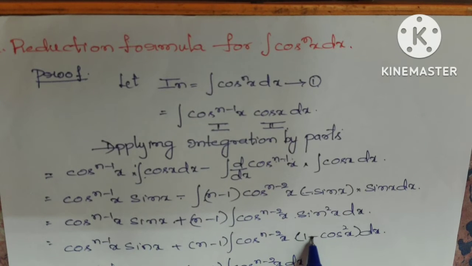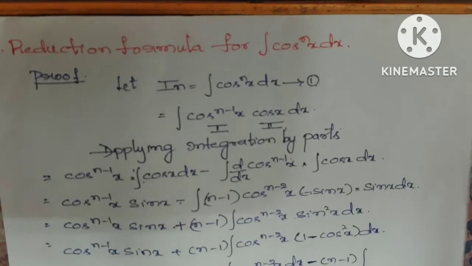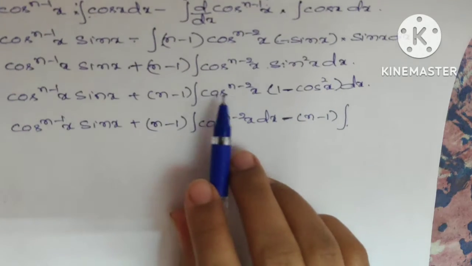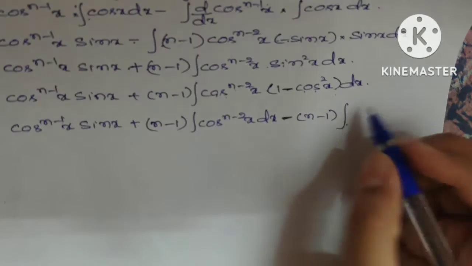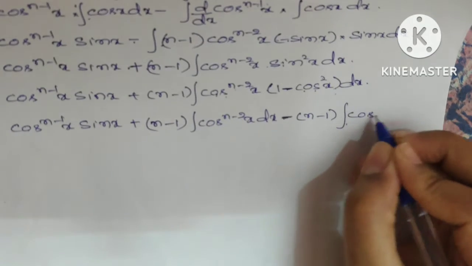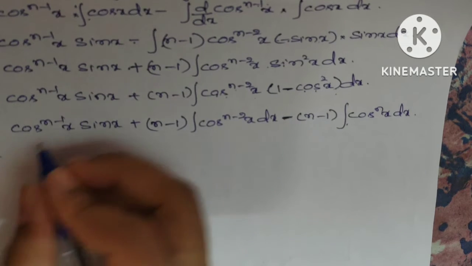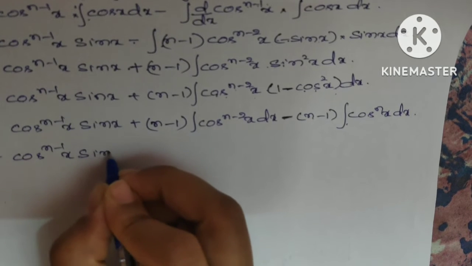Again here I have minus sign, plus into minus is minus n minus 1 integration of here I have cos power n minus 2x into cos square x. This becomes cos power nx into dx. So equals cos power n minus 1x sin x